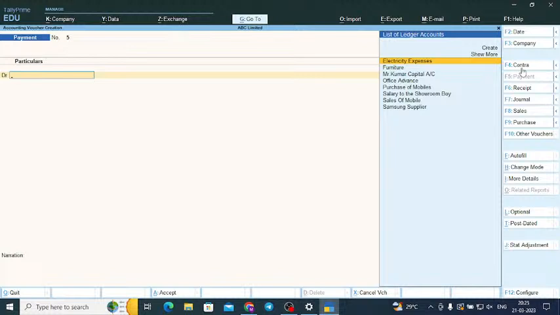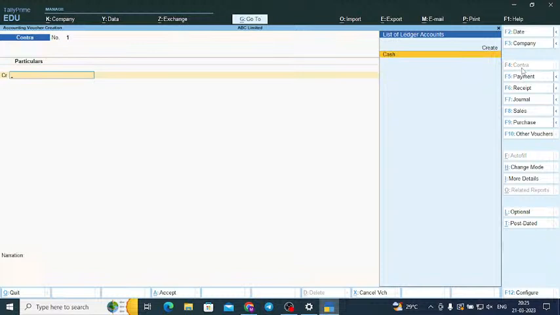Okay, now we will enter a contra. The transaction which I am going to do is I am going to deposit an amount in a bank, in my savings account. In my savings account means the company savings account. So deposit means what? Cash is going out. When cash is going out, what is the rule of accounting? We should credit it. When cash is coming in, it is debit. Okay. So I credit the